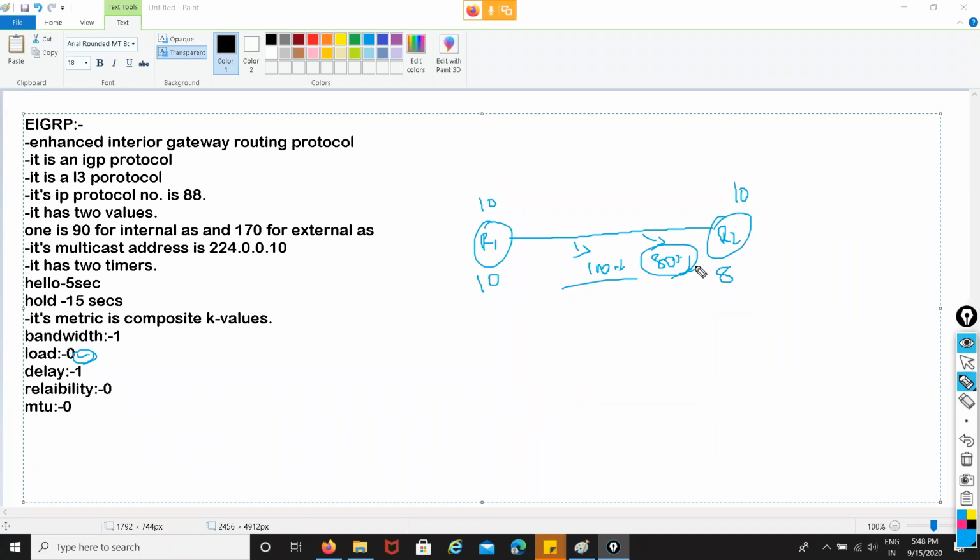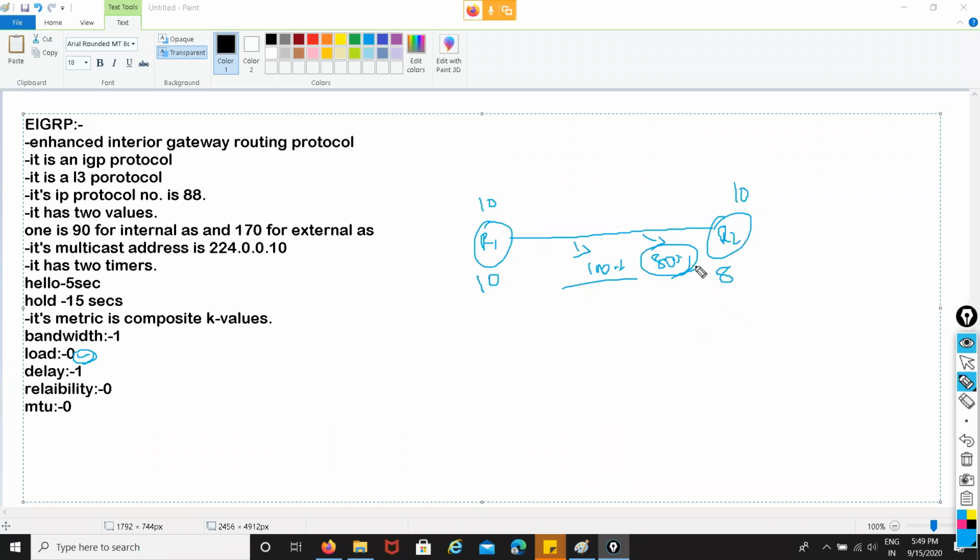So if you consider reliability in its metric, it also varies. The reliability feature is also dependent on the congestion over the link. If the congestion is less, then all the packets get through and the particular path is fully reliable. If the congestion level is high, then it drops some packets, and at that time that particular path is not 100% reliable.